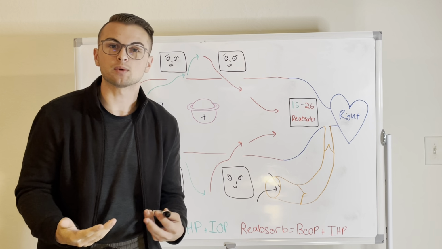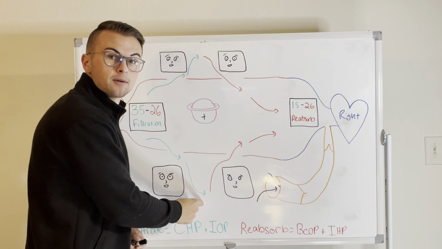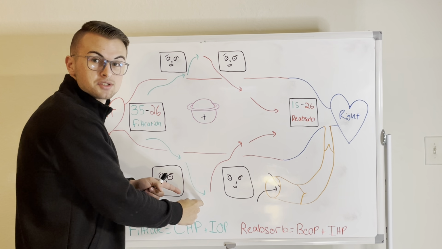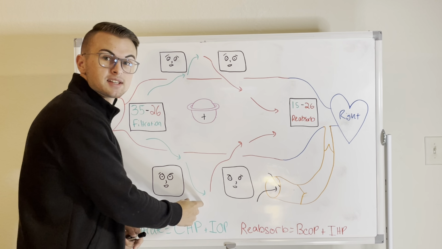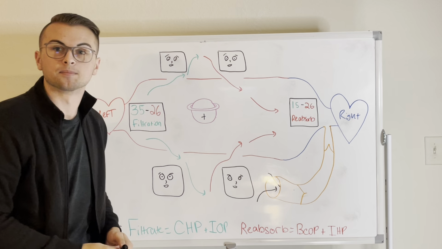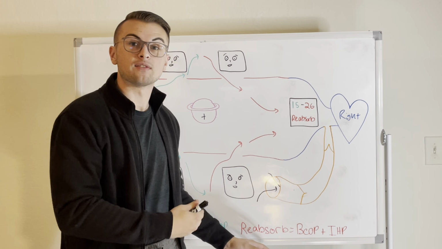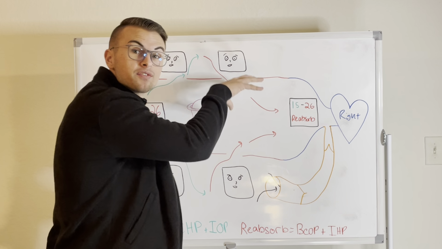So this is a fancy way of saying that there are some proteins down here that want to pull fluid between the cells. Now, they want to pull fluid out of the capillaries and between the cells to sit in the interstitium. Now there are two types of pressures that favor reabsorption, meaning that these pressures want to suck fluid out